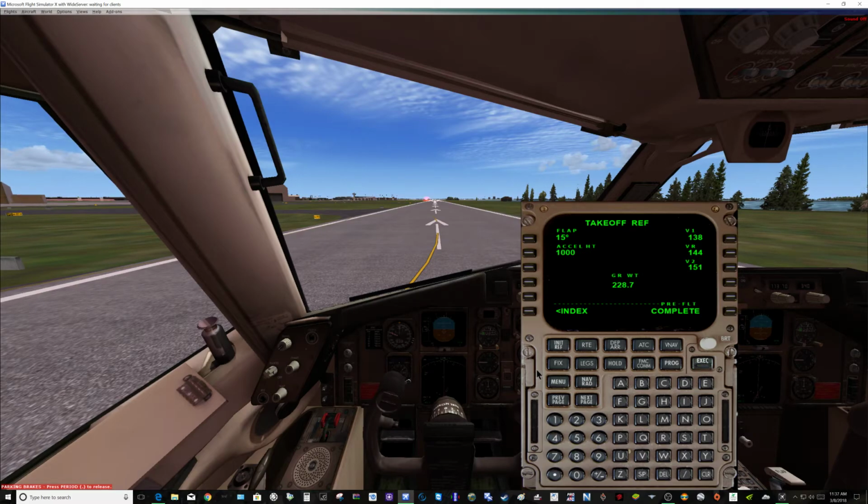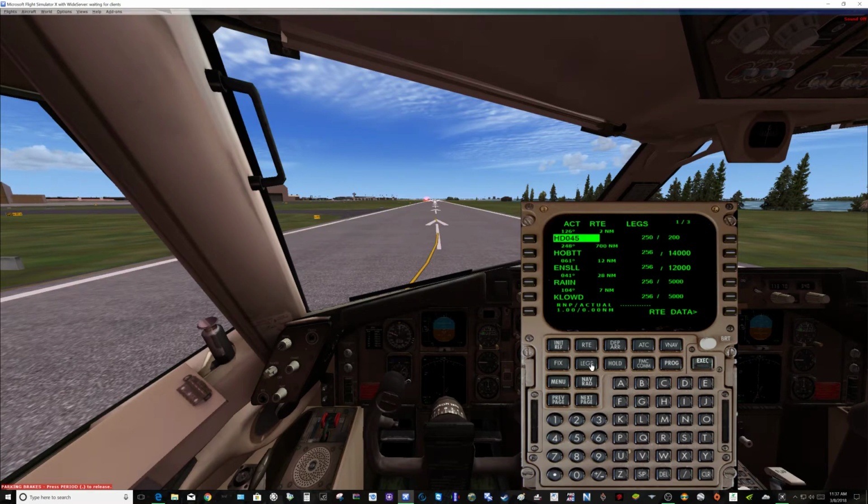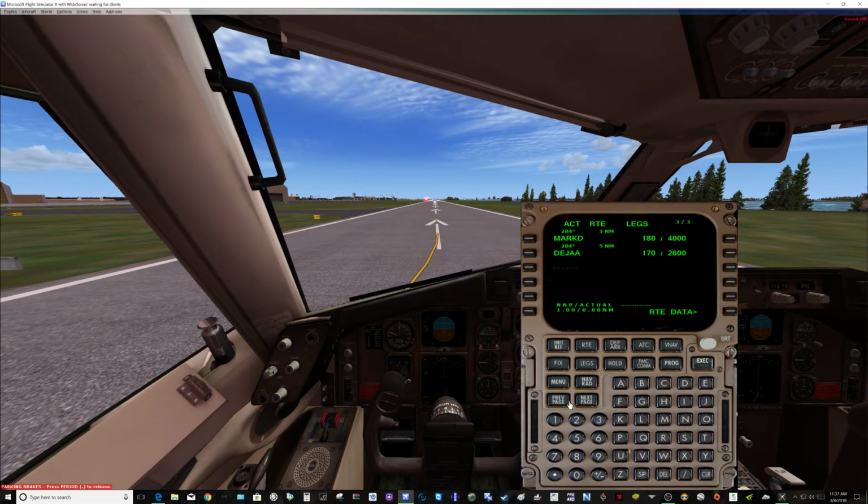Execute it. Bada bing, bada boom. Go to your legs page, just like the 737, no different. Click on that. Execute it. And your flight plan should